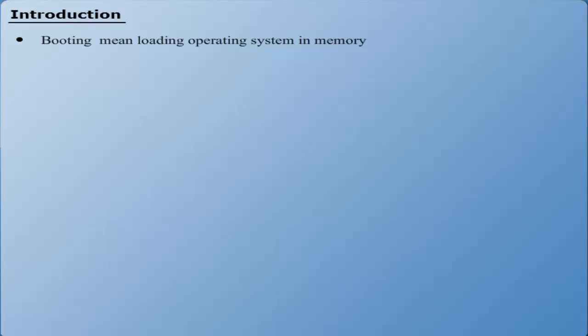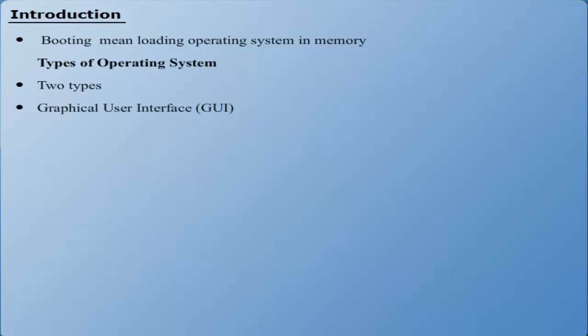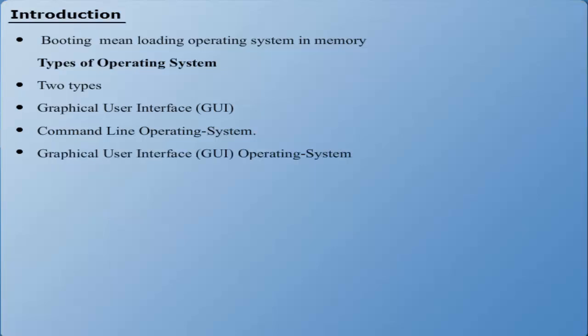Types of operating system. The operating systems are generally categorized into two major types depending on the basis of numerous features such as Graphical User Interface (GUI) and Command Line Operating System. The description of both types of operating systems is given below. Graphical User Interface. A graphical user interface operating system basically provides a graphical user interface to its users in order to communicate with